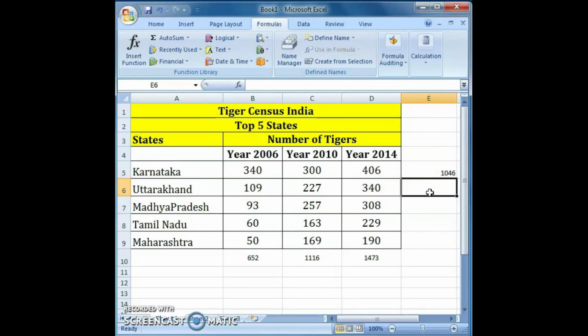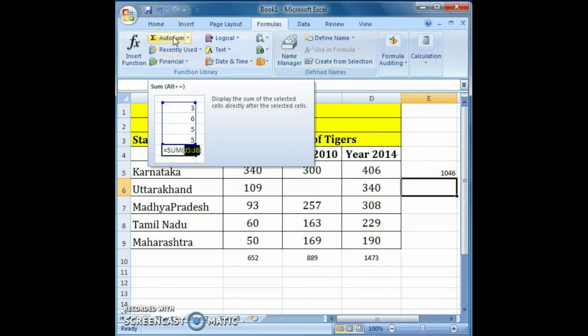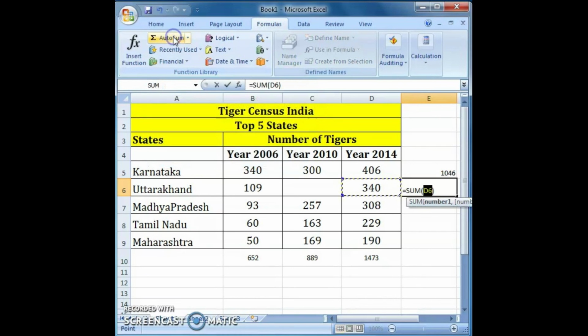AutoSum looks for all the data that is consecutively entered, and when it sees an empty cell, it stops. That means, check this one. I deleted this value from this cell C6. Then I selected this E6 cell. Then I clicked on this AutoSum function.